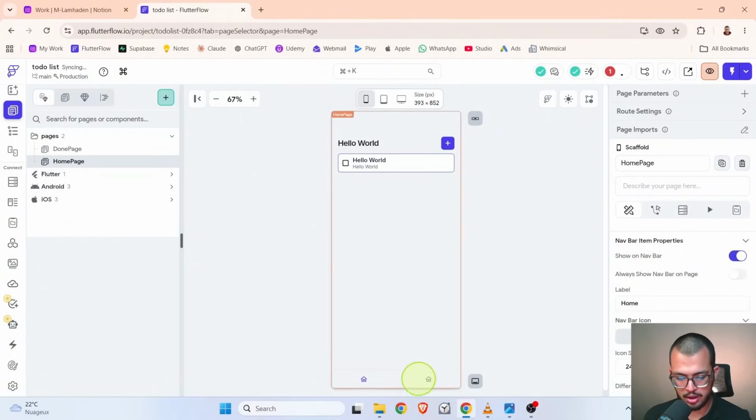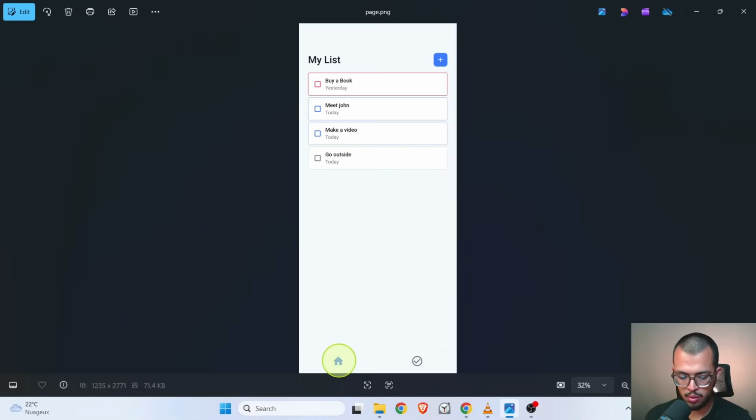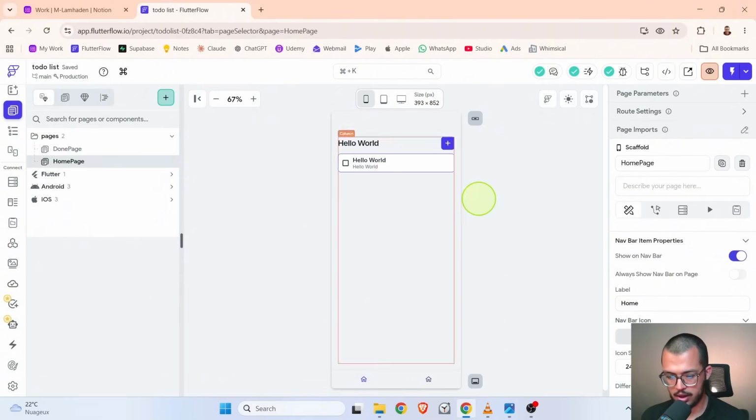Go to the home page and then select it. All right. So now this is what you call a navigation bar. You click on it, you go to certain page. So in the image here, you see that the done page has a blue check mark, while the other one has a blue home page. So let's do it. So go to the home page first, and then